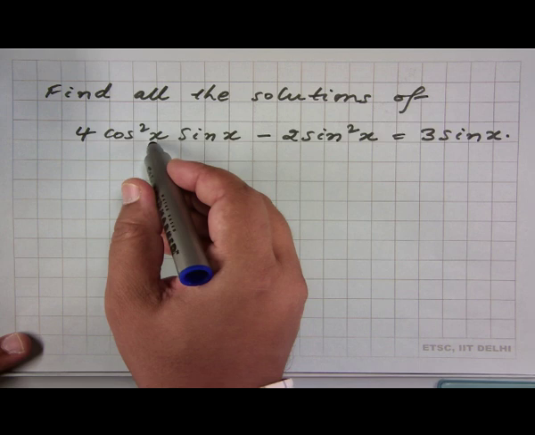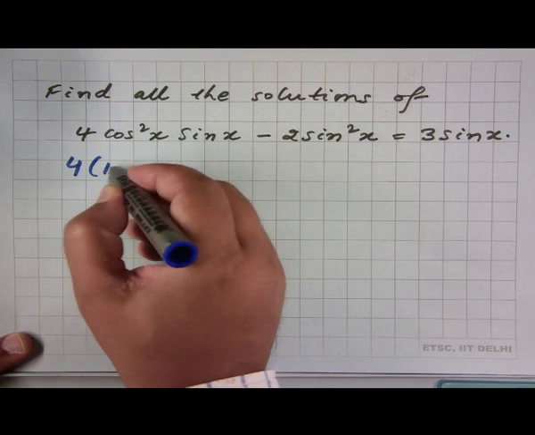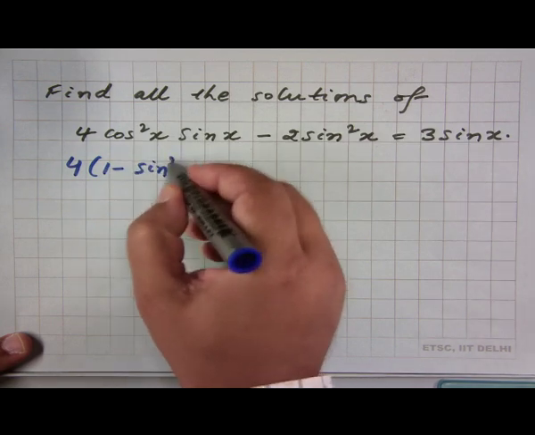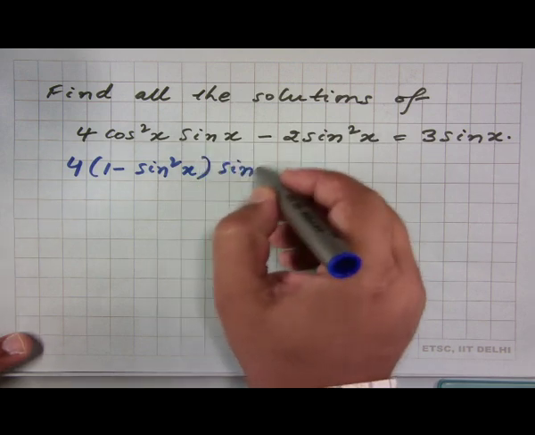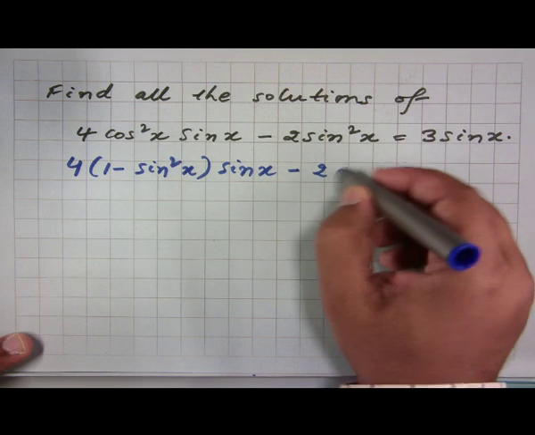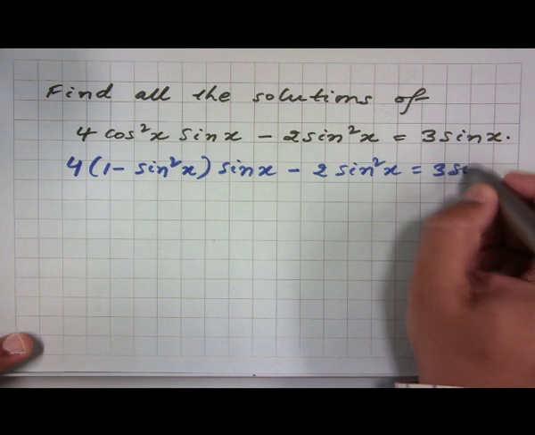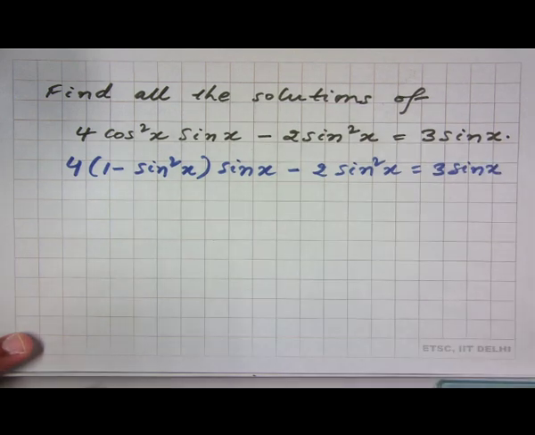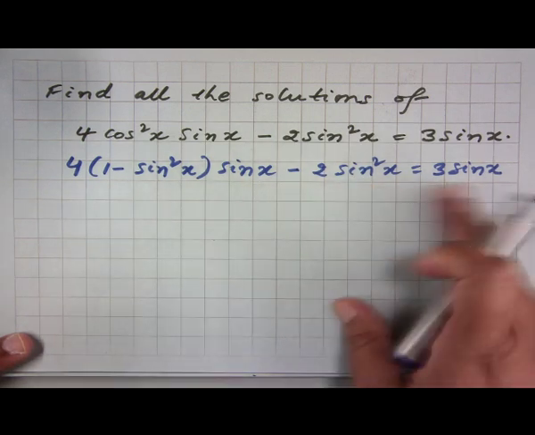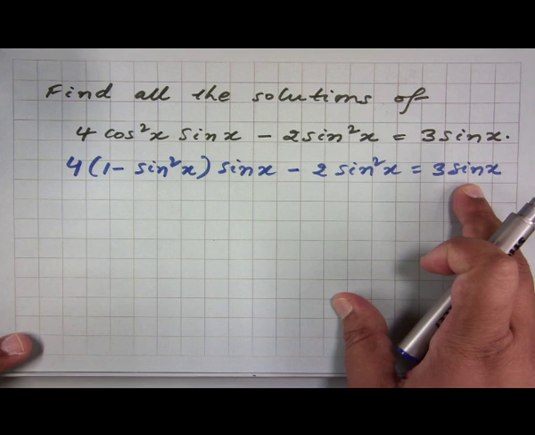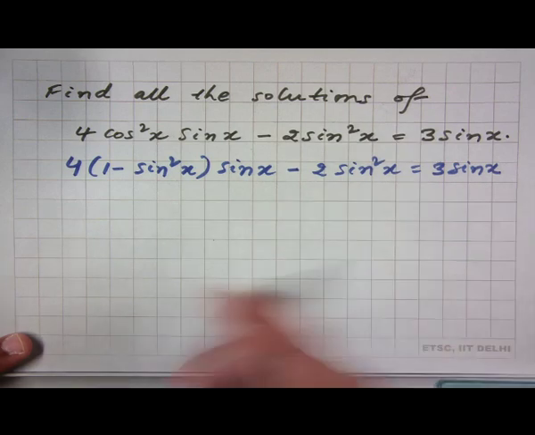Since cos square x is 1 minus sin square x, we get, which is equivalent to writing that, because we have sin x here and sin x here. So, sin x is a common factor in both the left hand side and on the right hand side. So, we write it as